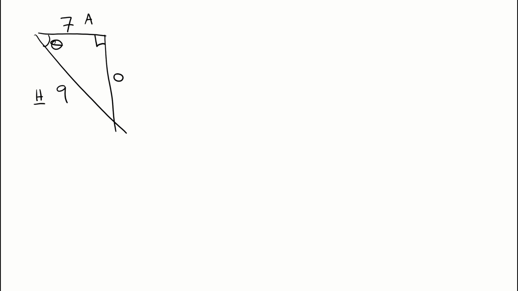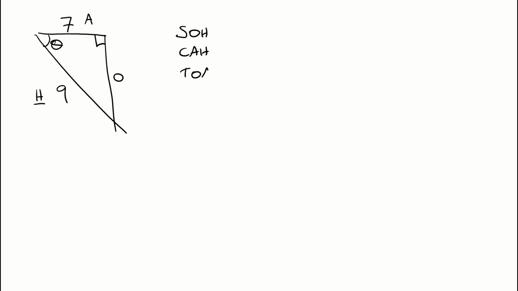Let's do another example. So let's have a look at this right angle triangle here. Okay, so we've got our right angle there, and we're told that this side length here is 7, this side length here is 9, and I've got to try and work out what that angle theta in there is. So let's have a look at what we've got. We know that this side length here is our hypotenuse, and this side here is our opposite, and this side here is our adjacent. So if we write out our acronym,